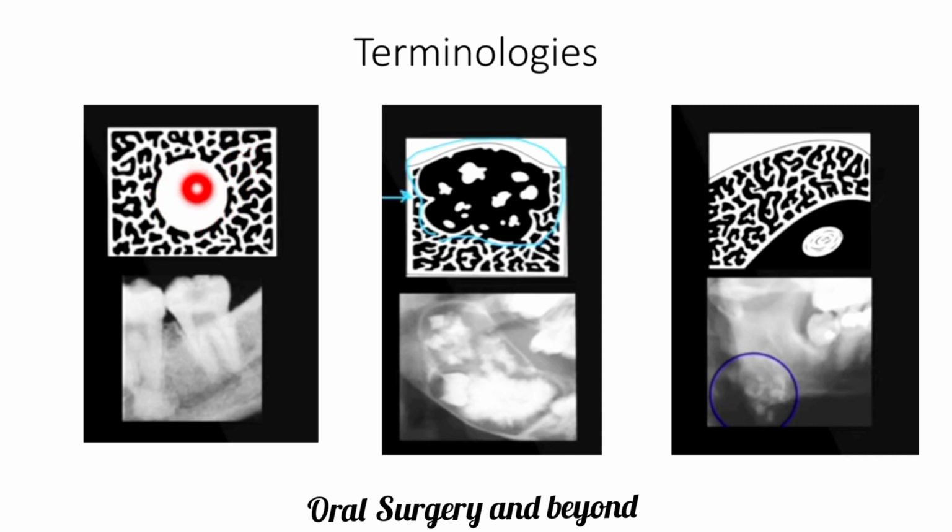This is a radio opaque pathology. What is radio opaque? Radio opaque means a white color pathology, meaning the presentation on radiograph of such pathology looks like a white structure. Here a unilocular radio opaque pathology. Like the previous, the radio opaque pathologies may also have a corticated border or a non-corticated diffuse border, right?